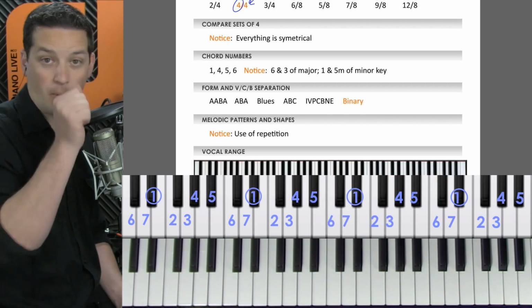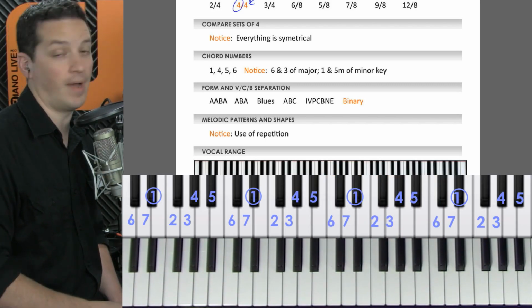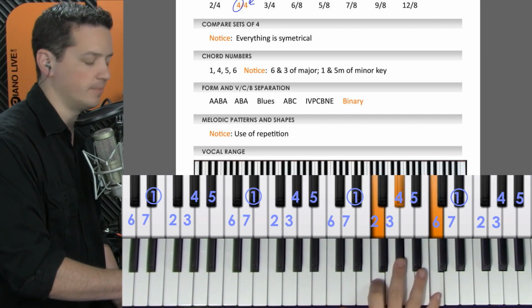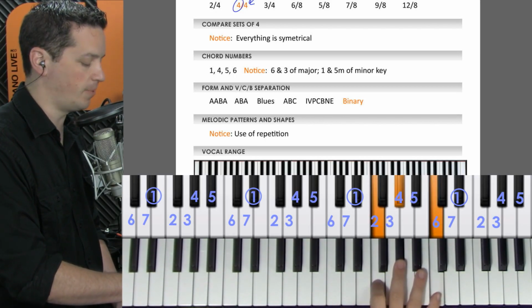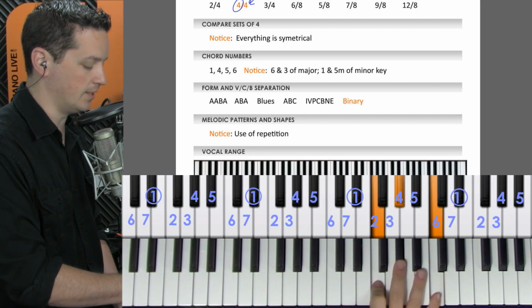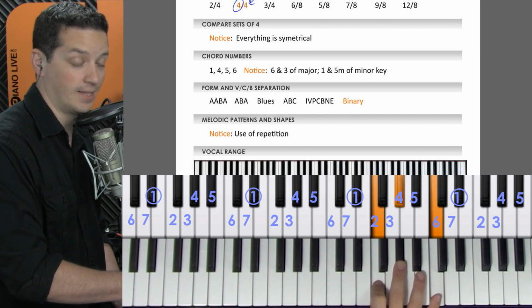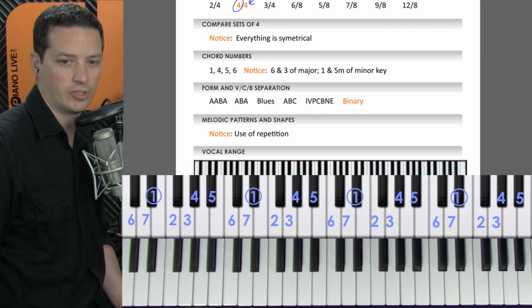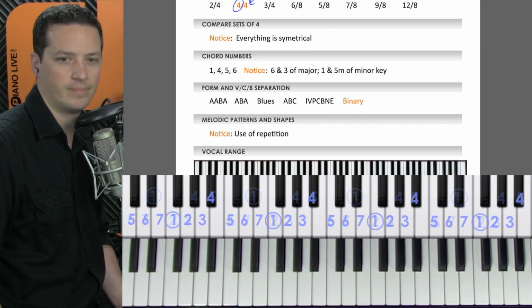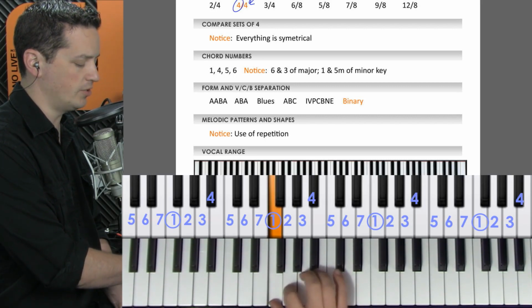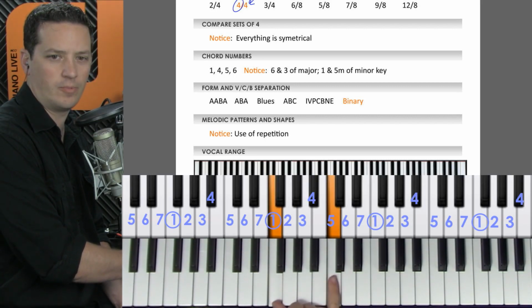Now, some of you are going to point out that really this thing has a minor feel to it, and the whole thing wants to end on the F minor. So it's the key of F minor. The problem with that is that in all keys, major and minor, your 5 chord has to be a major chord. So if we go to the key of F, this is not F minor, but key of F, we'd have 1, 2, 3, 4, 5. That would be your 5.